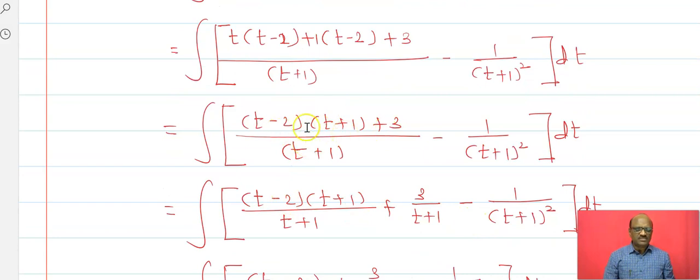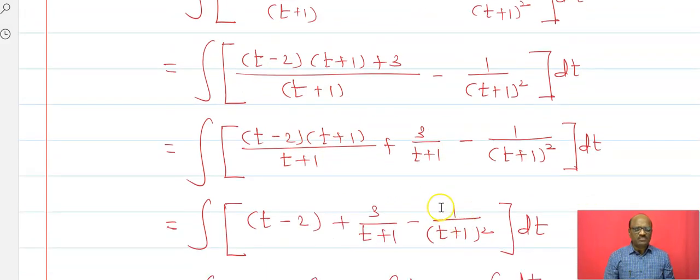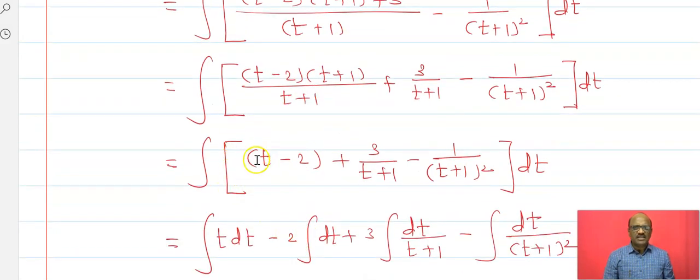Now split this up. That is (t minus 2) into (t plus 1) upon (t plus 1), plus 3 upon (t plus 1), minus 1 upon (t plus 1) whole square, into dt. Now t plus 1 gets cancelled. That is the integral of (t minus 2 plus 3 upon t plus 1 minus 1 upon (t plus 1)